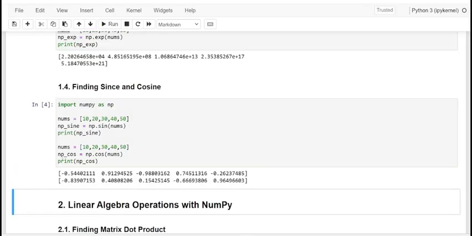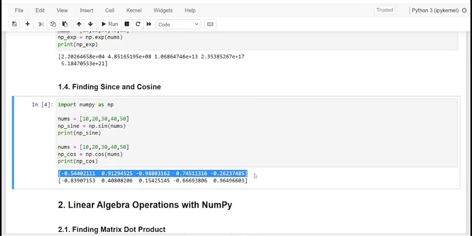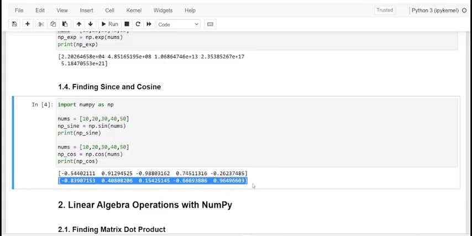And here we go, the first one is the sine function of the list elements 10, 20, 30, 40 and 50, and the next one shows the exact execution of the cosine function. And all of it is very simple, just passing the function.